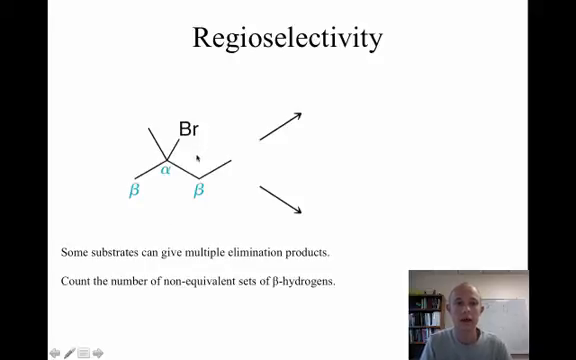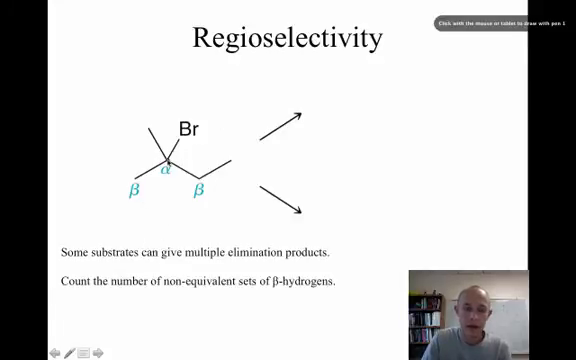Okay, the last thing that I wanted to talk about in terms of the E2 reaction is that you can have different hydrogens that are next to the leaving group. So when you're trying to decide what the product is of an elimination reaction, what you want to look at is one carbon next to the leaving group, right? We're forming an alkene,